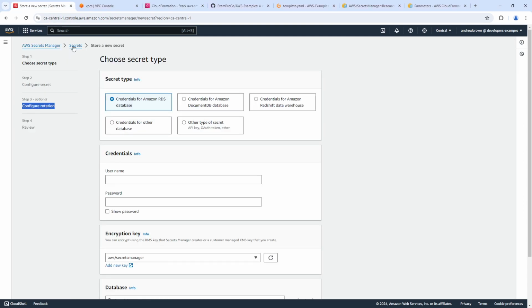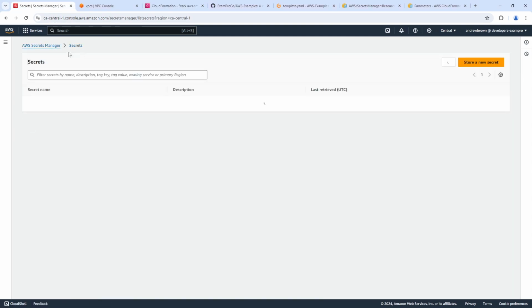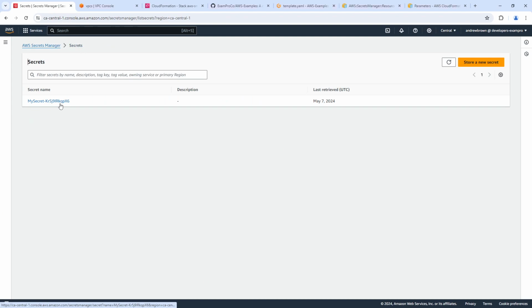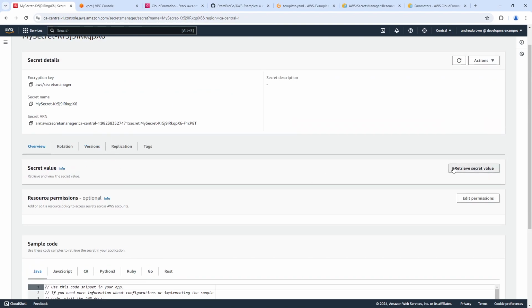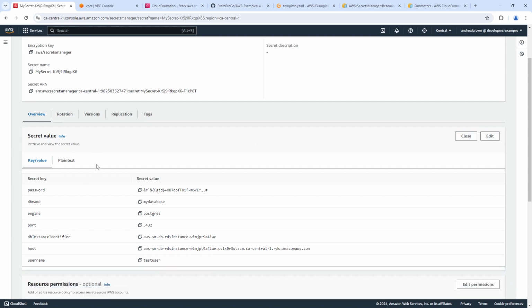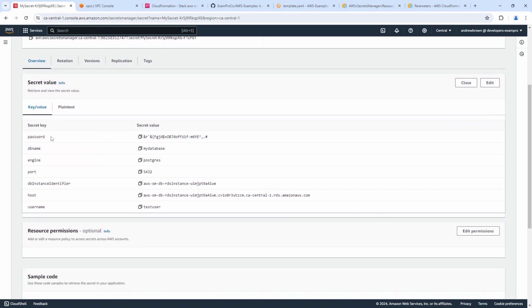Now let's take a look here and see what we have for our secrets. So if we go in here, we have my secret, and we can retrieve the secret, and we can see we have a bunch of stuff set here. So we have password, database, engine, port, DB instance identifier, host, and username. And it's interesting because we did not set all those things. We just set the username and the password, but you can see that based on different types of configurations, you'll